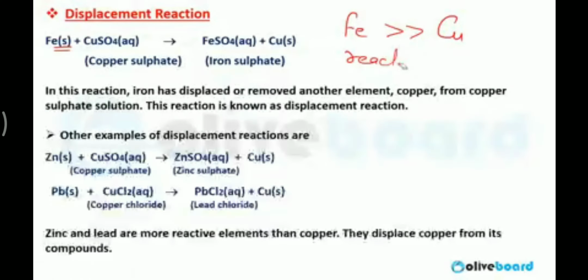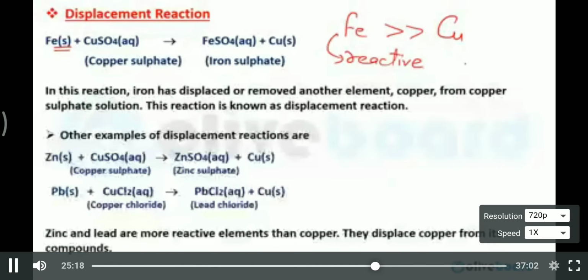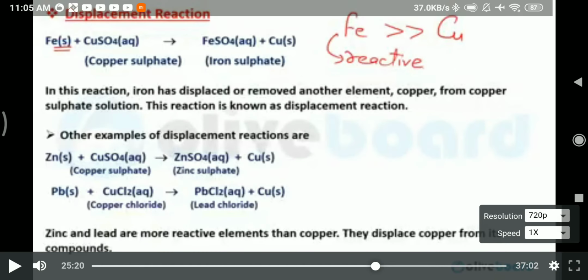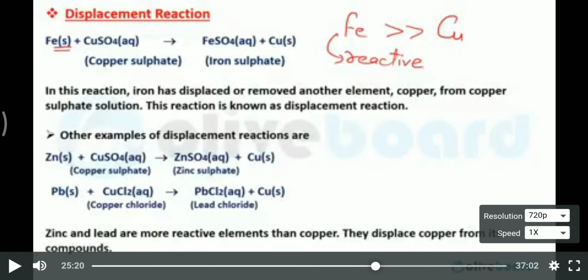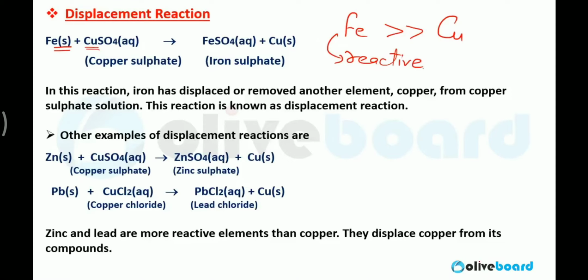So this iron will replace the copper in copper sulfate solution, and in the product you will get iron sulfate, that is FeSO4 aqueous solution, and copper